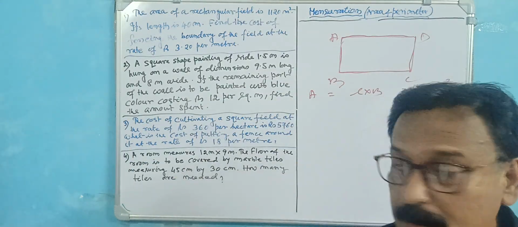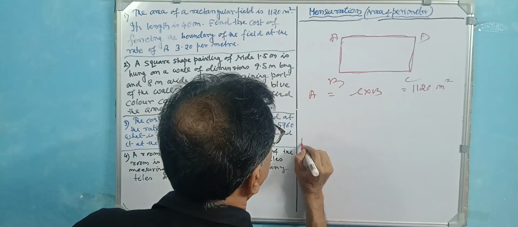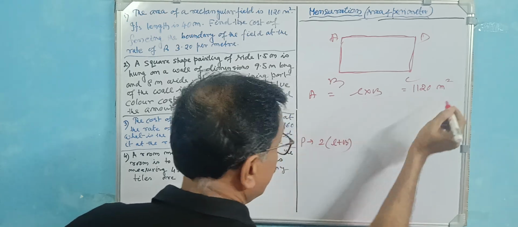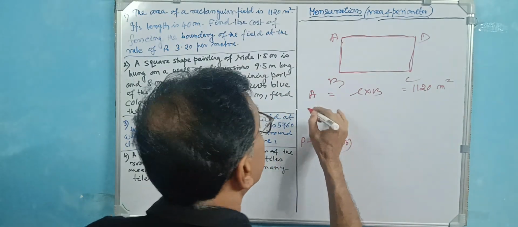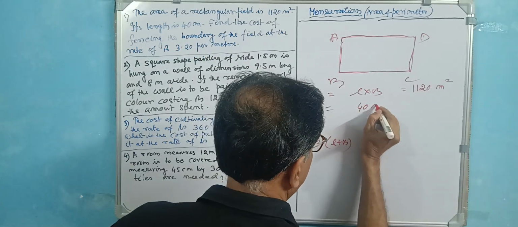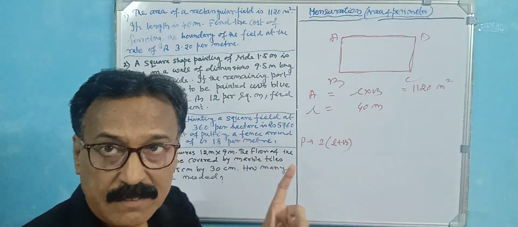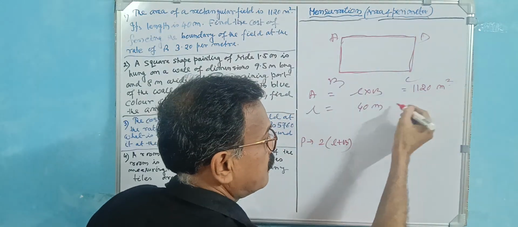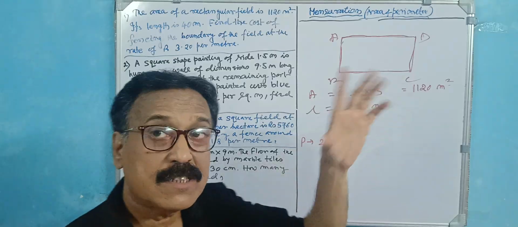So for the perimeter of the rectangle, what is the formula? Perimeter is P. That is equal to 2 bracket L plus B. From there you calculate. You know the L is 40 meter. In case of solving these sums, you always check the units. Here is meter, here is meter. Okay. Now from there you calculate the